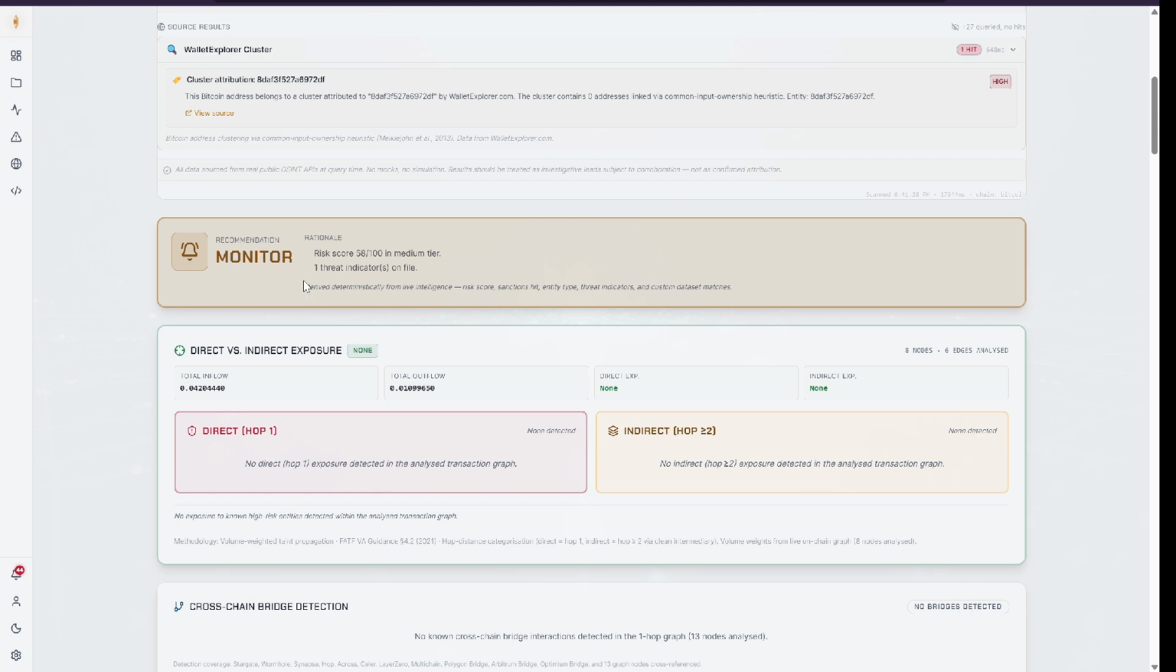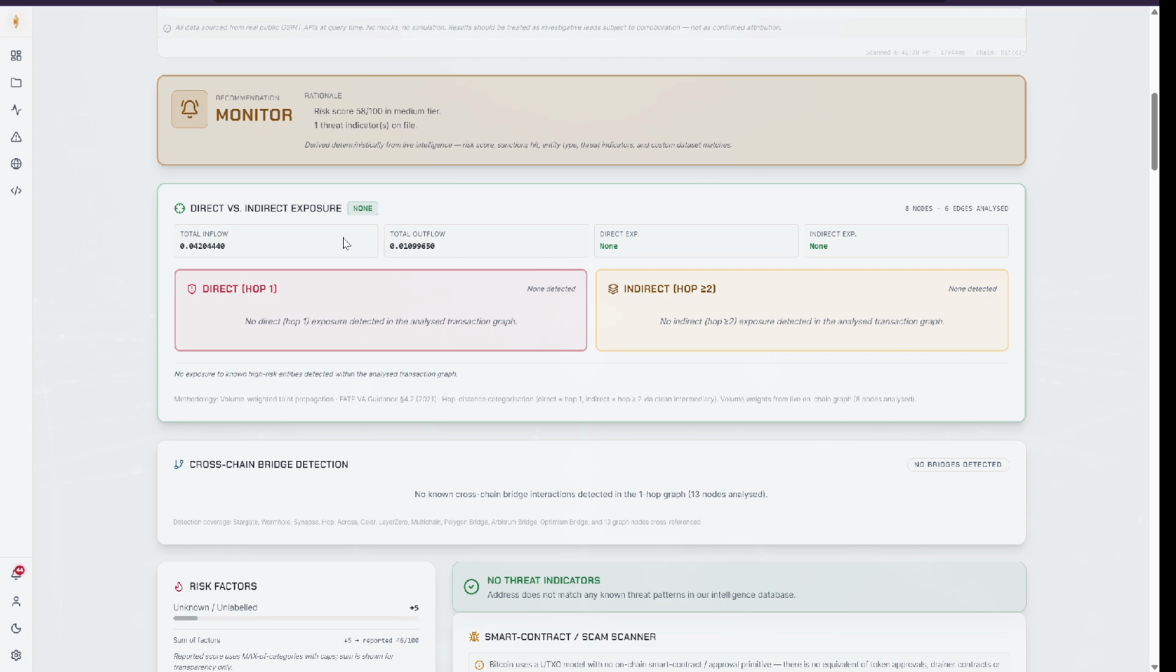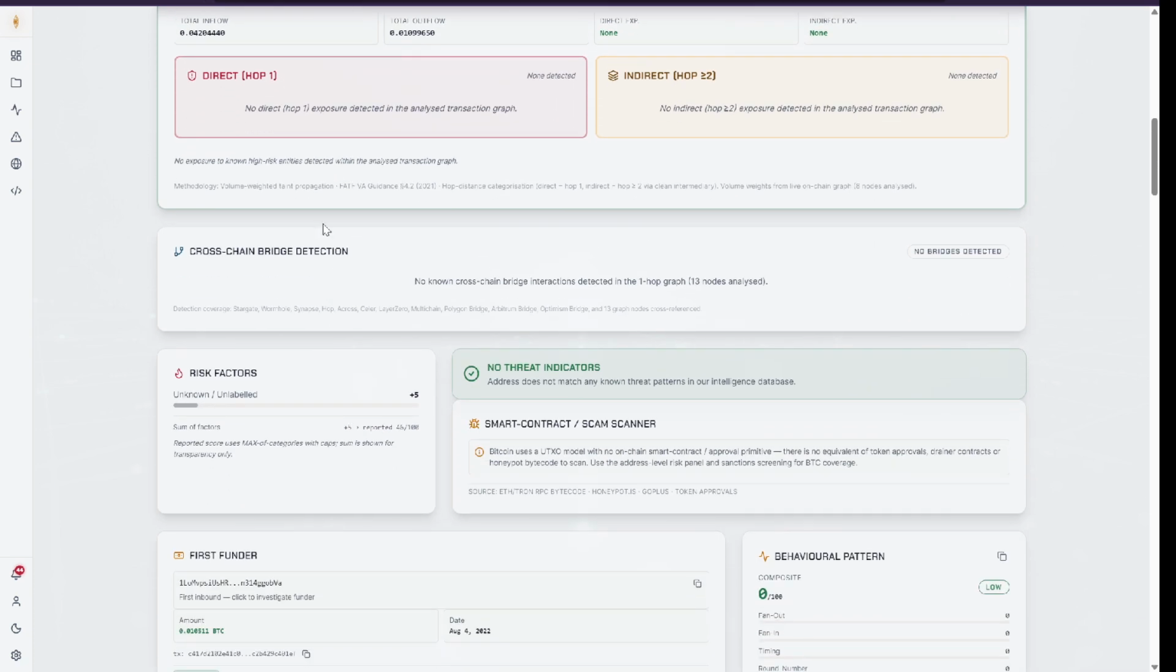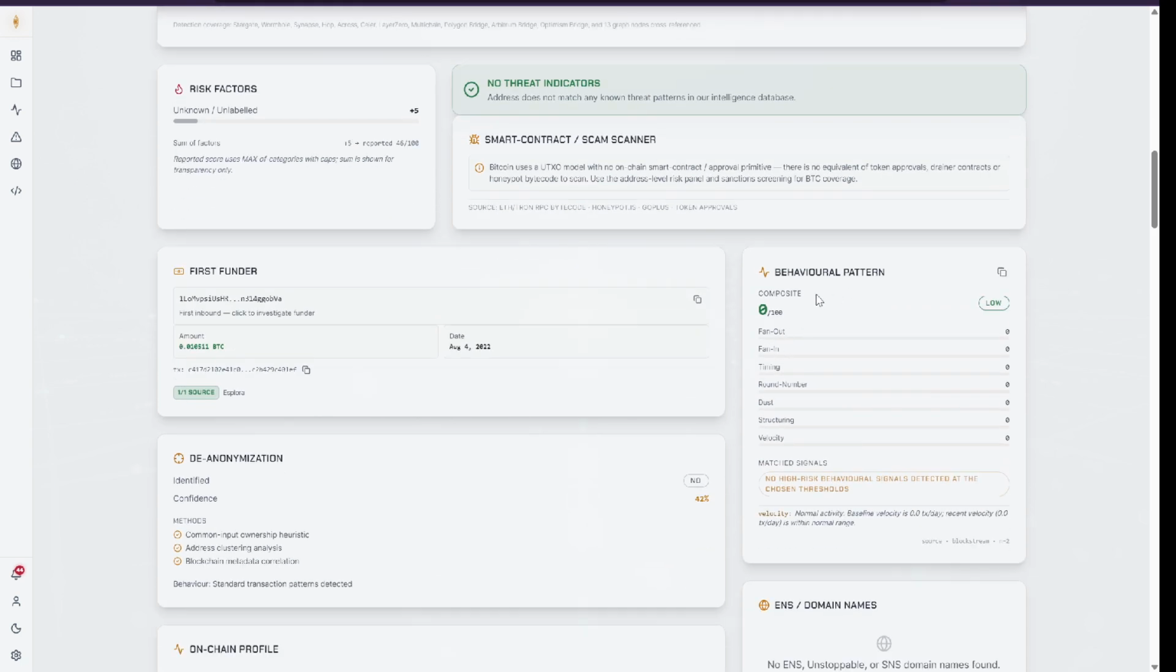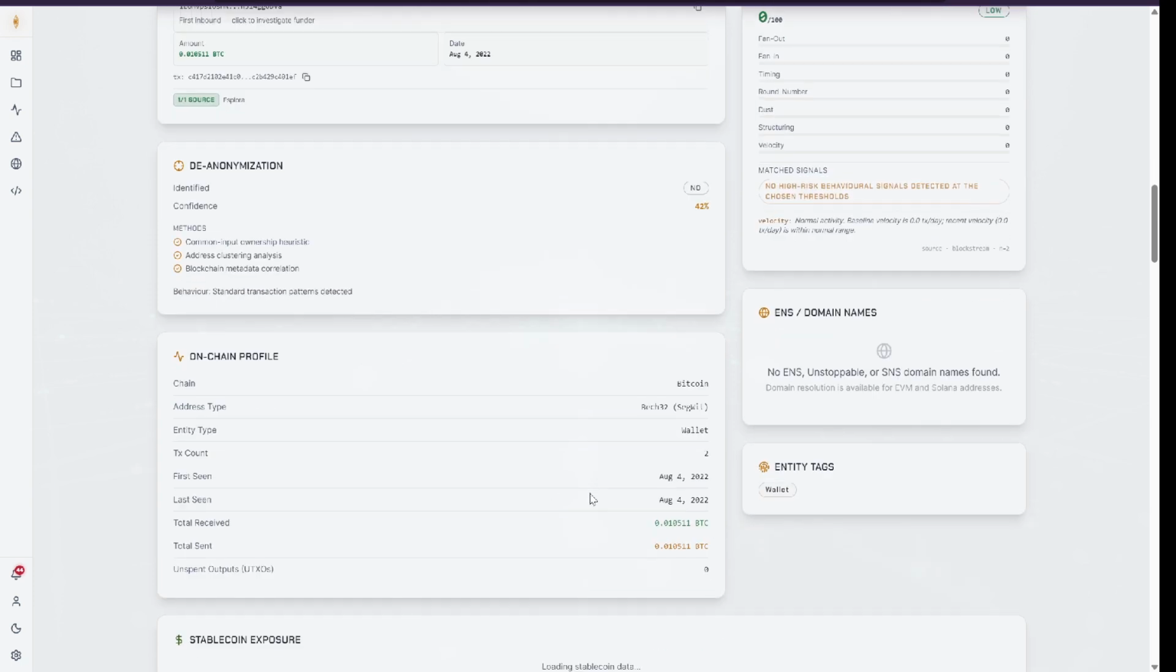And the monitor status there suggests whether to recommend this address or not, based on the analysis of this address. You can see direct versus indirect exposure and the cross-chain risk detection information, risk factors, behavior patterns, first-under information, on-chain profile,